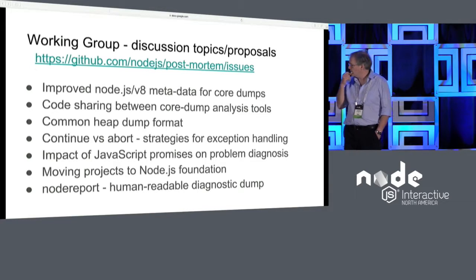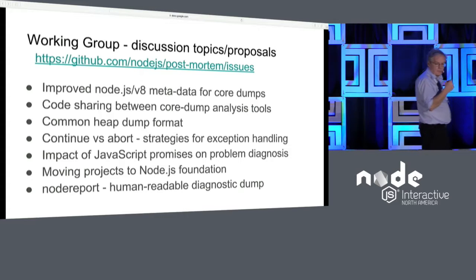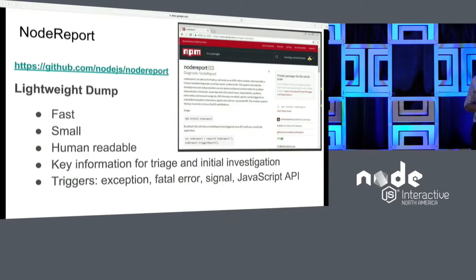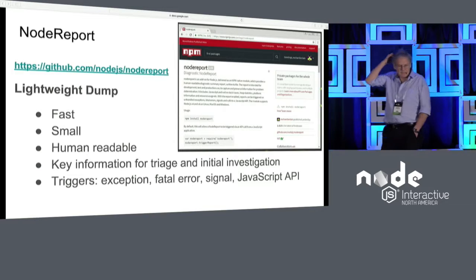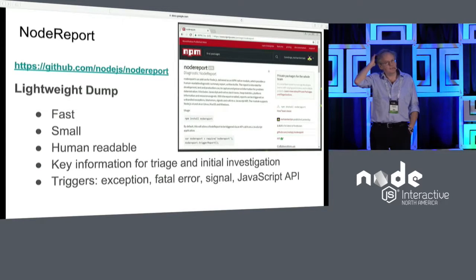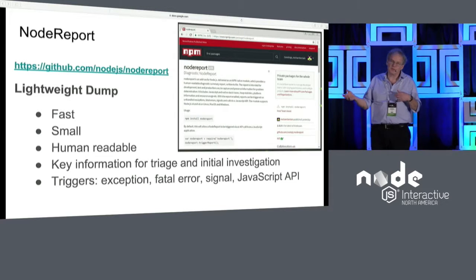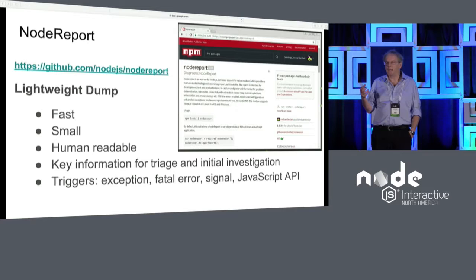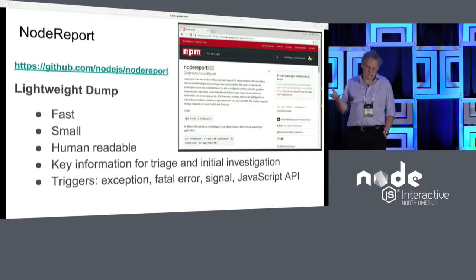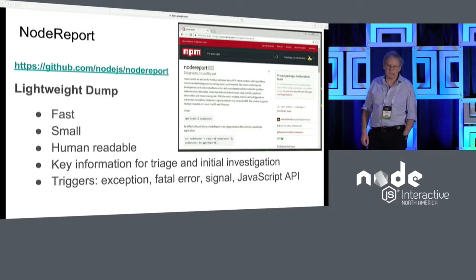And lastly, this lightweight report, we're calling Node Report, which we've been working on. I'll just show you a quick couple of slides on that. So this is now available as an npm module. The idea is that core dumps, whatever you do, are still going to be big, ugly things. It'd be nice to have a simpler solution for at least some basic problems or for early triage of problems. So this is written as a native npm module so that you can get this thing out when JavaScript has stopped running, so in out-of-memory situations and so on. We've got it triggered by exception, fatal error in Node, triggered by an external signal sent in, the kill signal, and a JavaScript API for it.